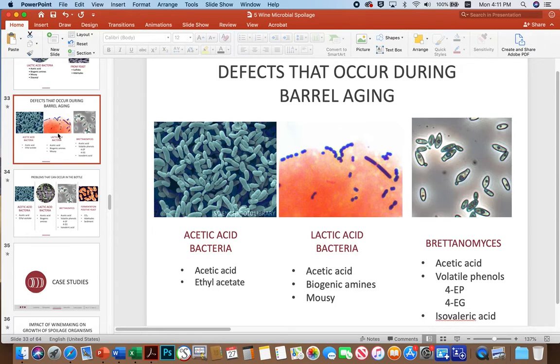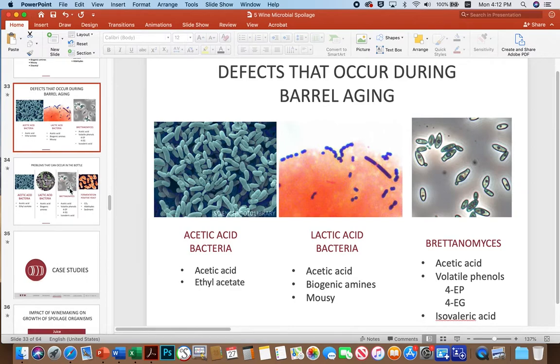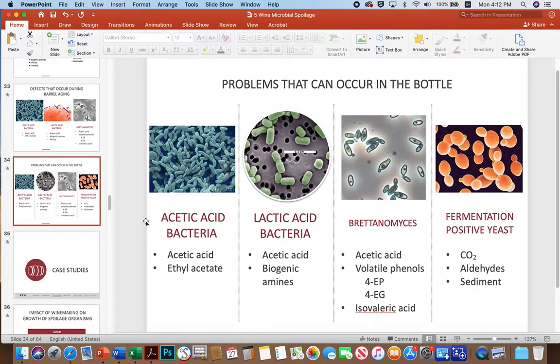There are also defects in barrel aging, which I've already talked about previously. And again, I already mentioned Brettanomyces getting lodged in the subsurface of the barrel and producing all its nasty volatile phenols with their super low sensory threshold. And if you have too much headspace in the barrel, acetic acid bacteria can bloom because obviously they're aerobes. And then later on,